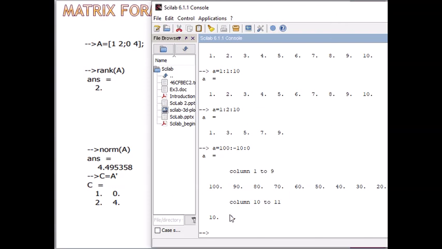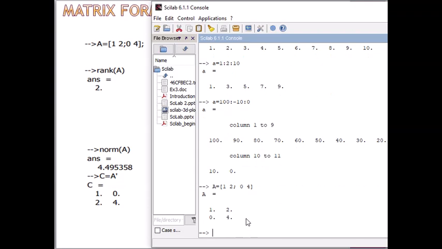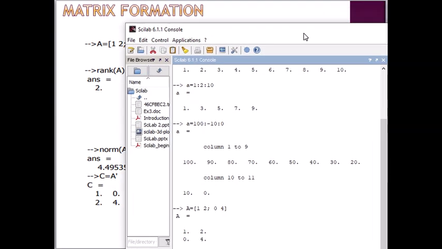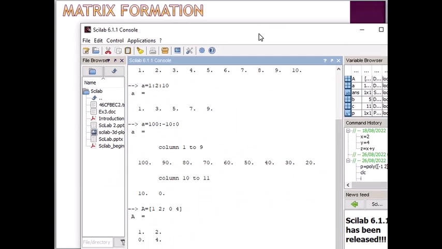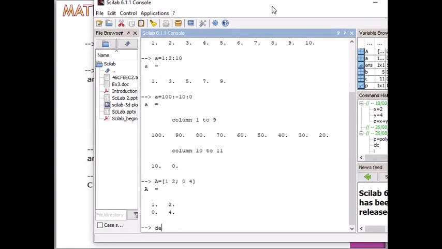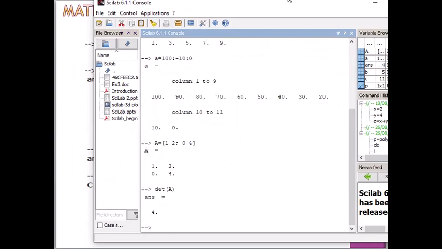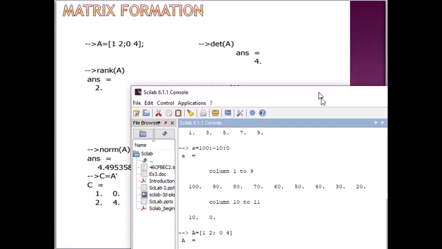So if we write capital A is equal to 1 2 and 0 and 4, then we get this relation, right? If we need to calculate the determinant of A, then we write DT of capital A, and we get our answer, 4, right?